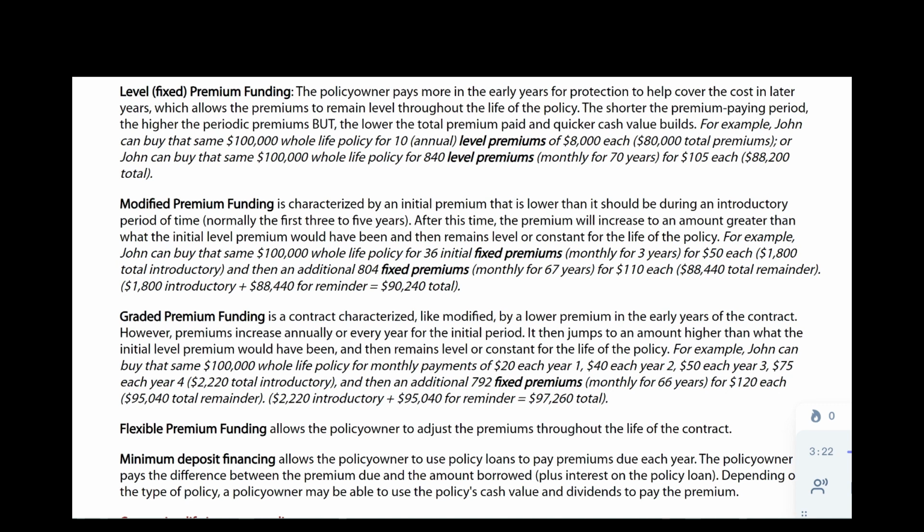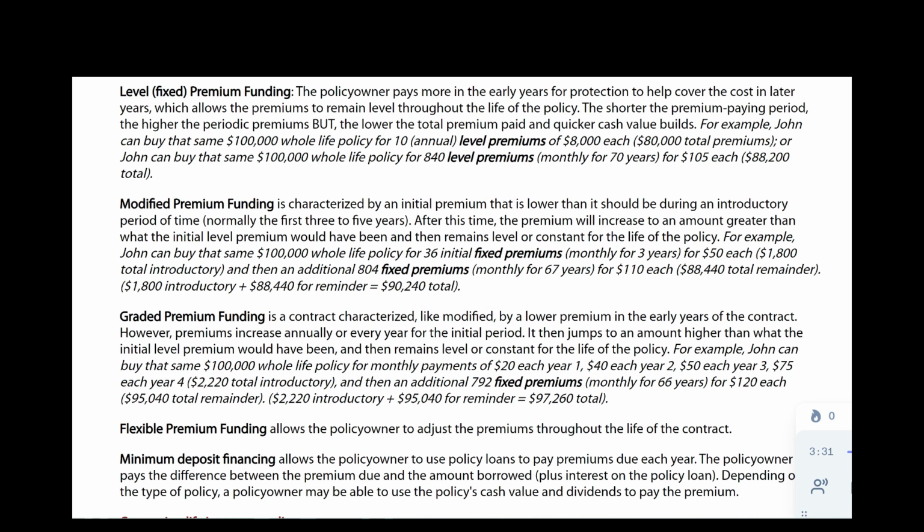cash value builds. For example, John can buy that same $100,000 whole life policy for 10 annual level premiums of $8,000 each, $80,000 total premiums, or John can buy that same $100,000